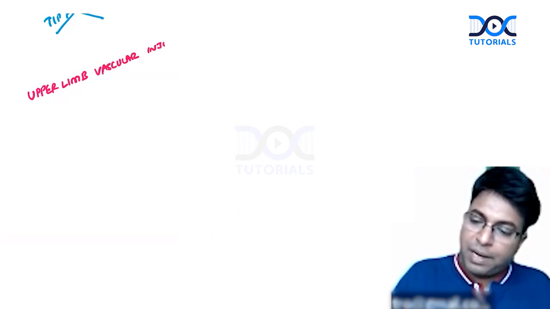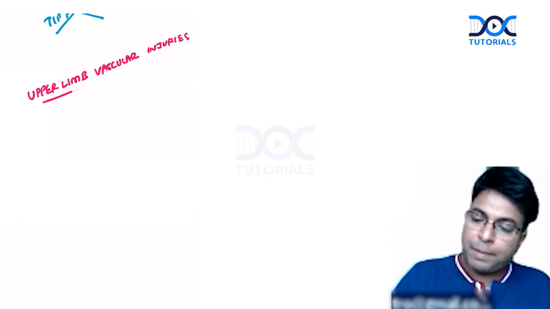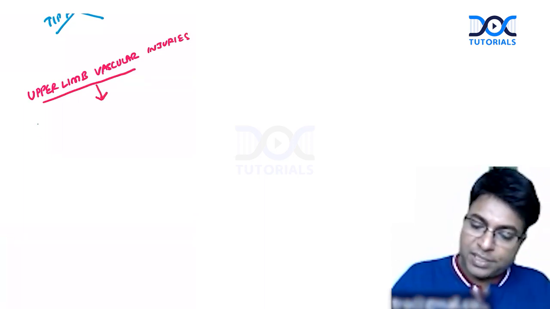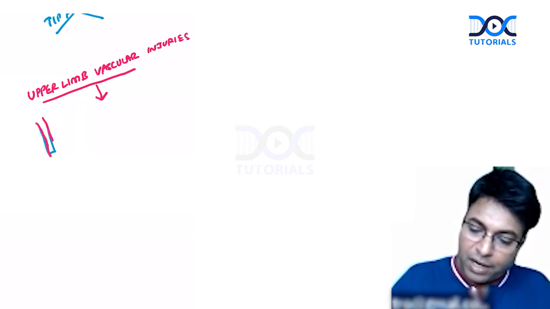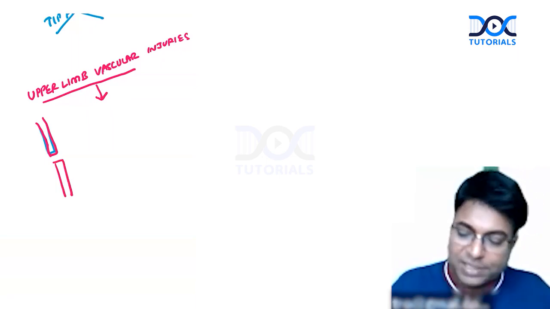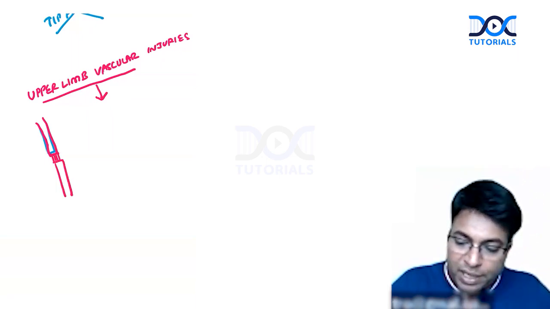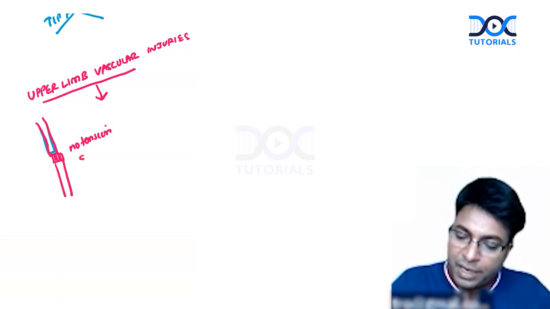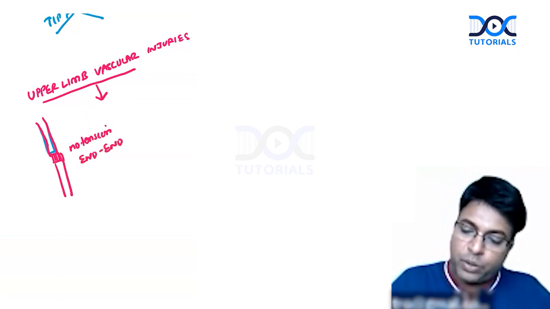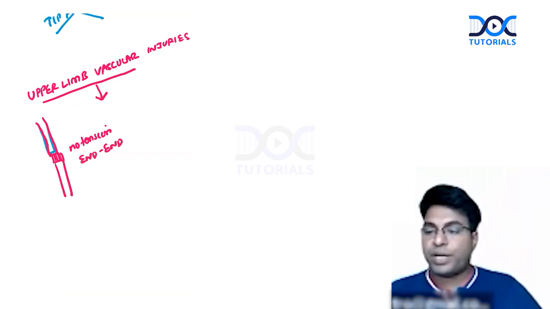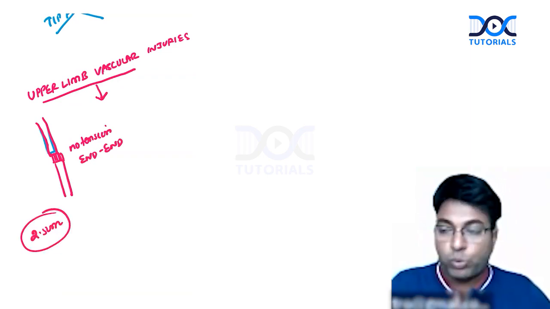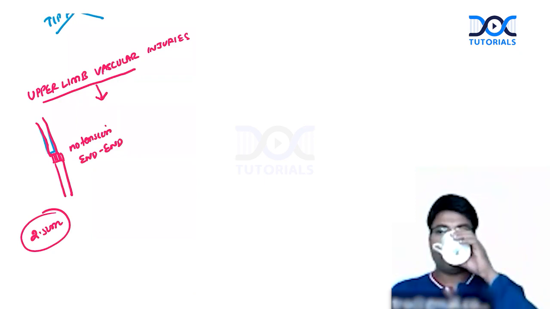In trauma, for upper limb vascular injuries, please remember certain points. If there is a discontinuity of the vessel, for example of the brachial artery or whatever artery, and we can bring the ends together without tension, end to end is the good method. End to end is advised if you can bring it without tension. But this is 2.5 centimeter. You cannot bring it without tension. It is not at all possible.